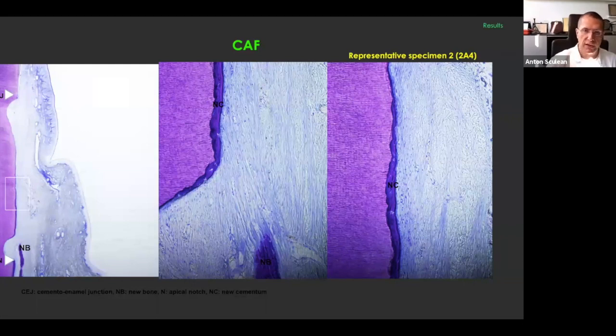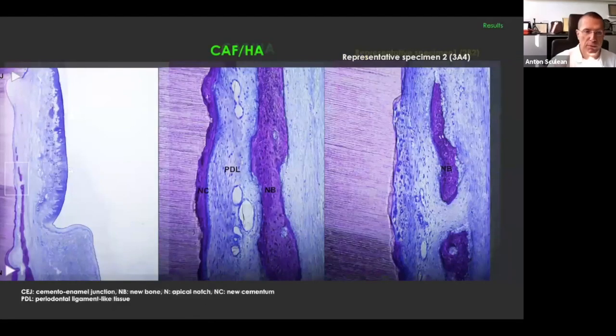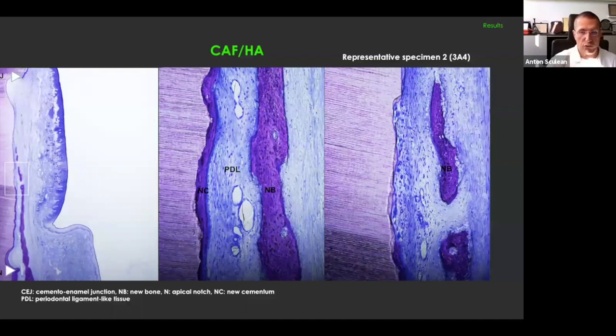And if I look at some representative test slides, please observe more bone formation coronally to the notch, more cementum formation, and another representative image indicating a very impressive formation of periodontal ligament, cementum, and bone, which is, of course, the proof for periodontal regeneration. And this is, dear colleagues, the first study that has demonstrated periodontal regeneration in animals using hyaluronic acid in both